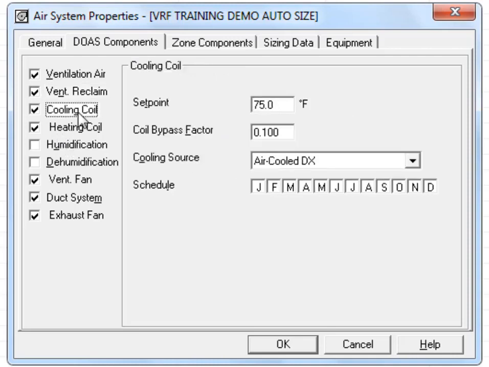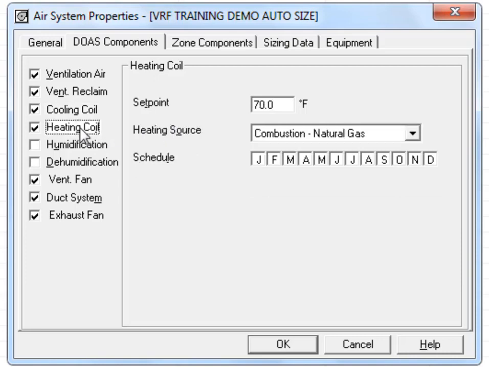Under Cooling Coil, we will configure a DX air-cooled unit with a final set point on the unit discharge air of 75 degrees. A DOAS unit is traditionally controlled by discharge air sensors, not by zone thermostats in the spaces. If we want the DOAS to be sized for the ventilation load exactly, then we will ask for neutral conditions of 75 cooling and what will be 70 degrees heating, which corresponds to the thermostat set points in the spaces